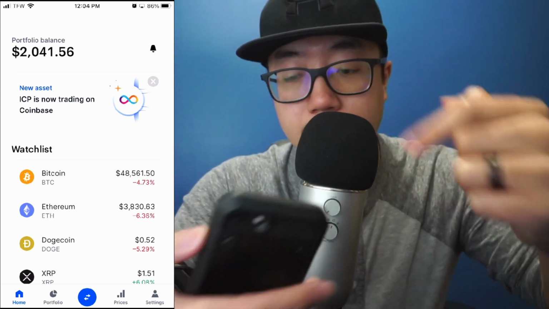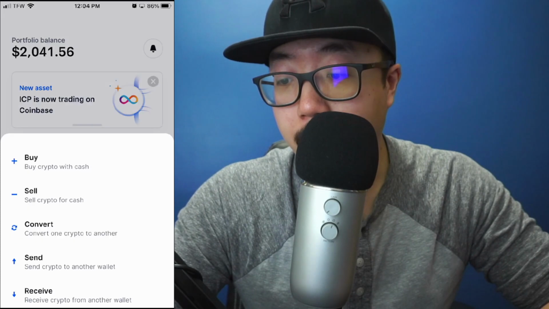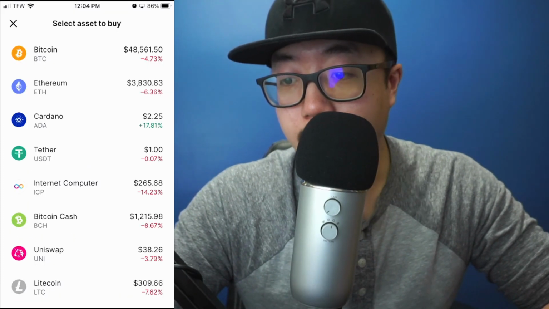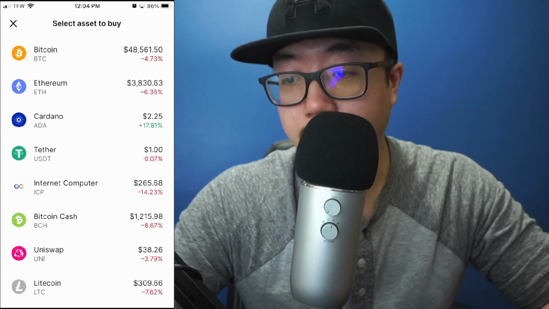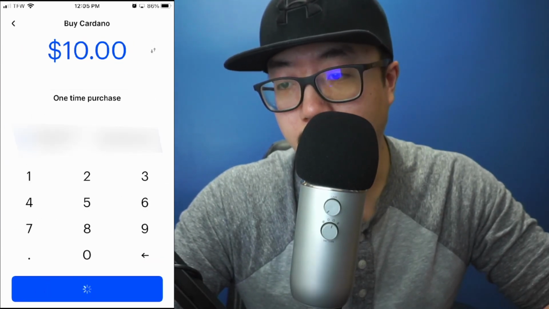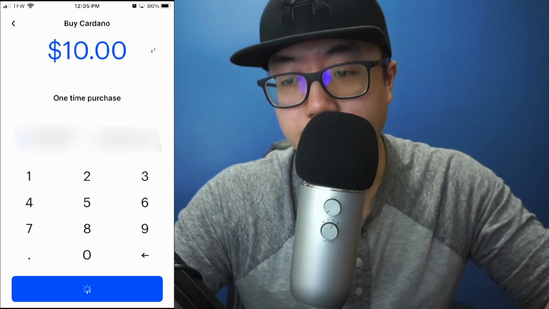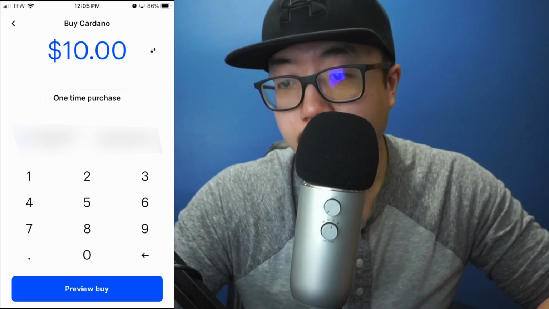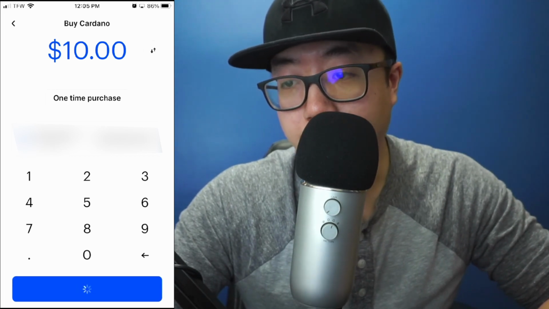So after you've added a payment method, at the very bottom, you'll see a blue button with arrows pointing in opposite directions. So we're going to click on that, and then we're going to click on buy crypto with cash, and then select which asset to buy. We're going to select Cardano. Okay, so let's say we're going to buy $10 worth of Cardano. You'll see that my payment method is already there. I'm going to blur it out for privacy reasons,